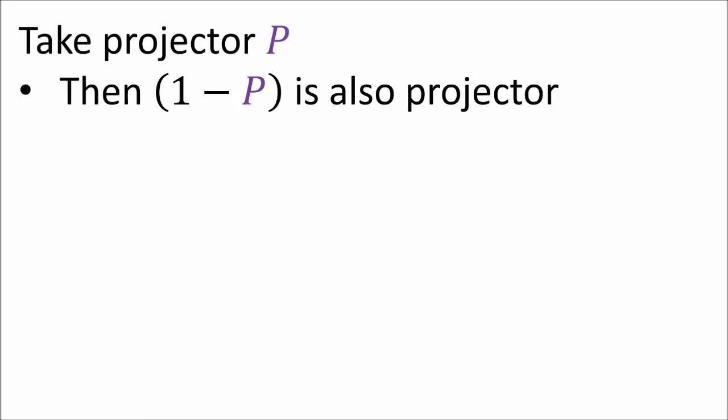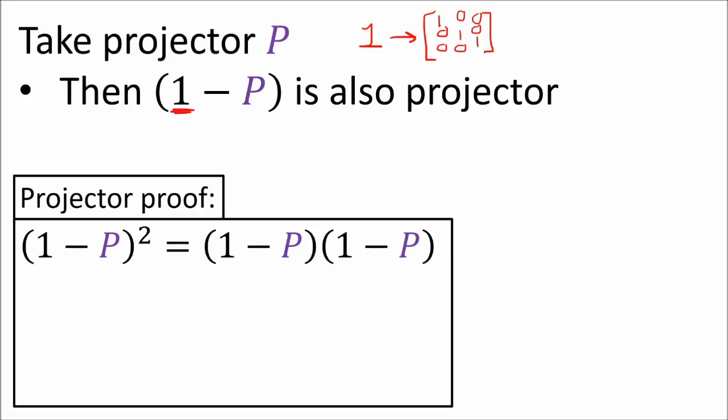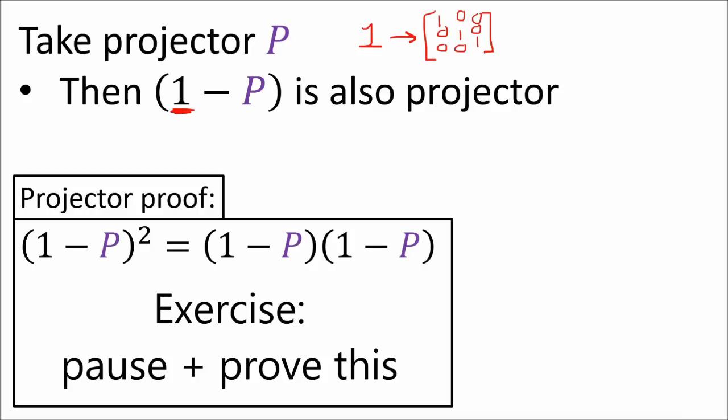Let's look at some projector properties. If we have a projector P, then 1 minus P is also a projector. In the language of matrices, we can think of 1 as just being the identity matrix. We can show that 1 minus P is a projector by showing that 1 minus P all squared equals itself. As an exercise, you can try pausing the video and proving this property, as well as other upcoming properties, before